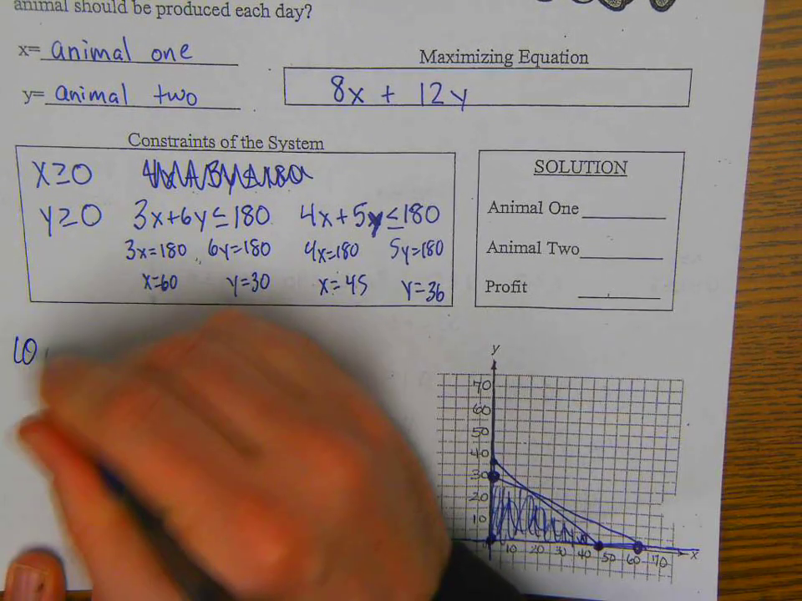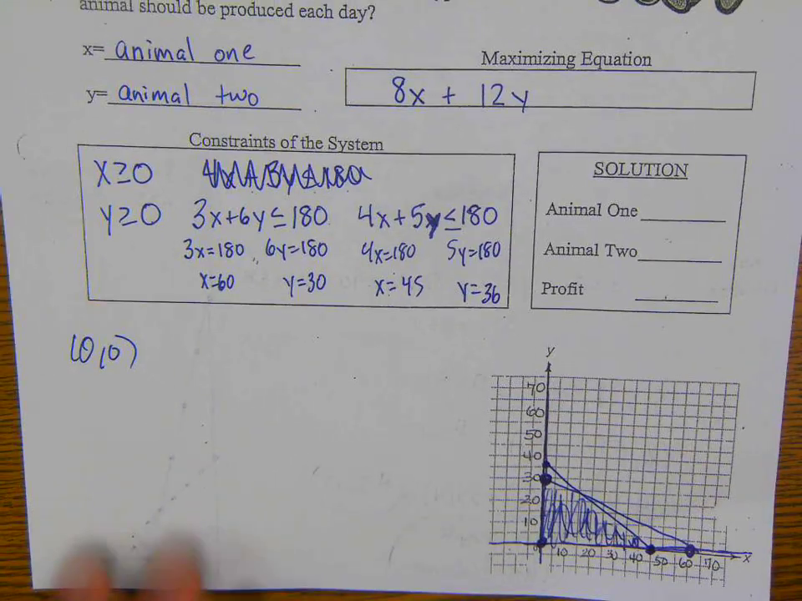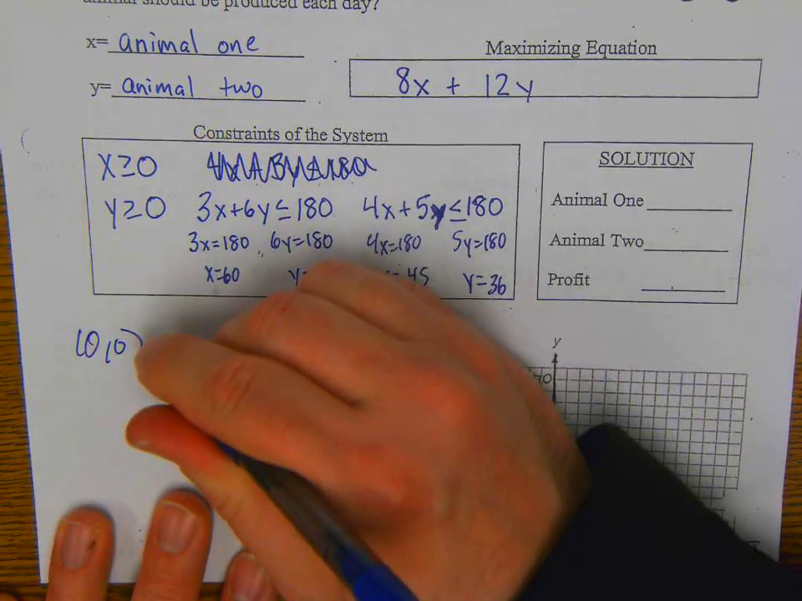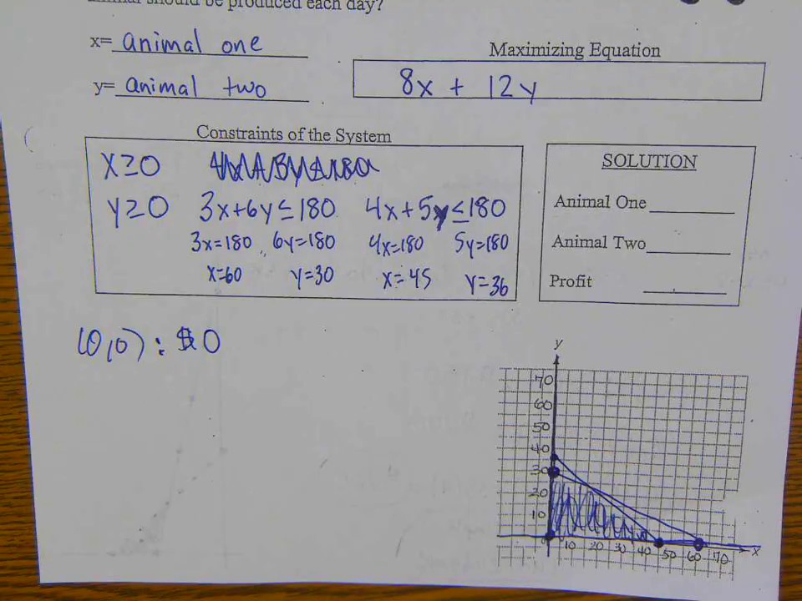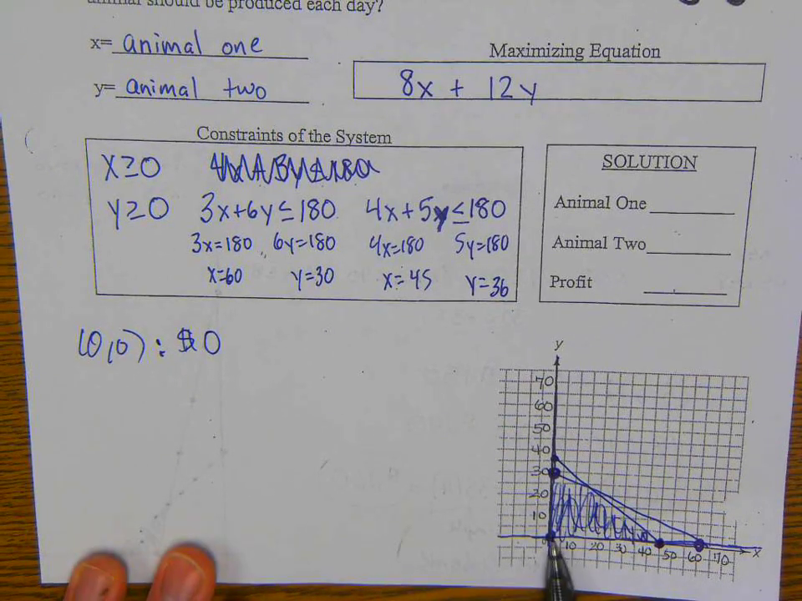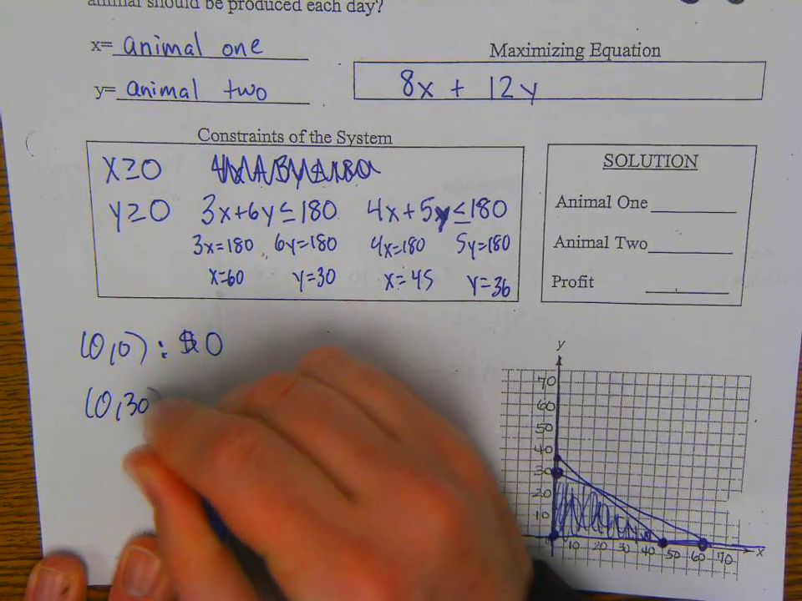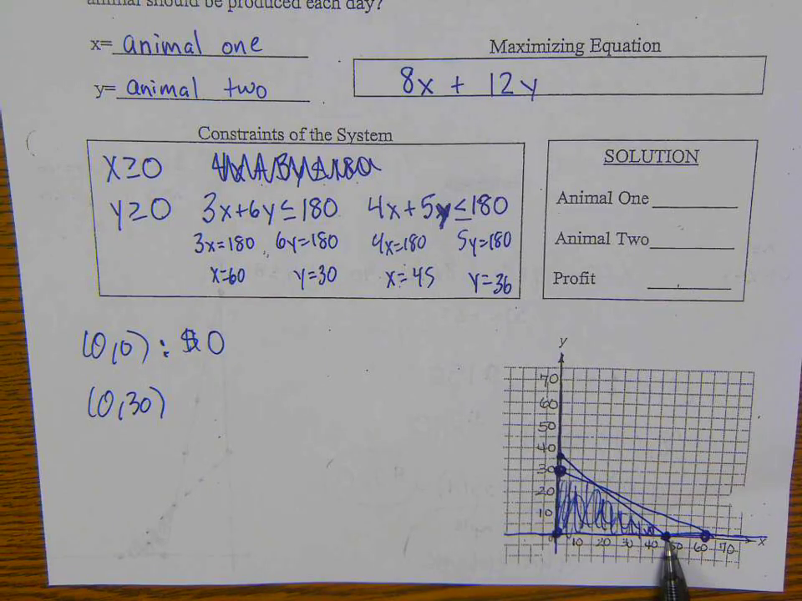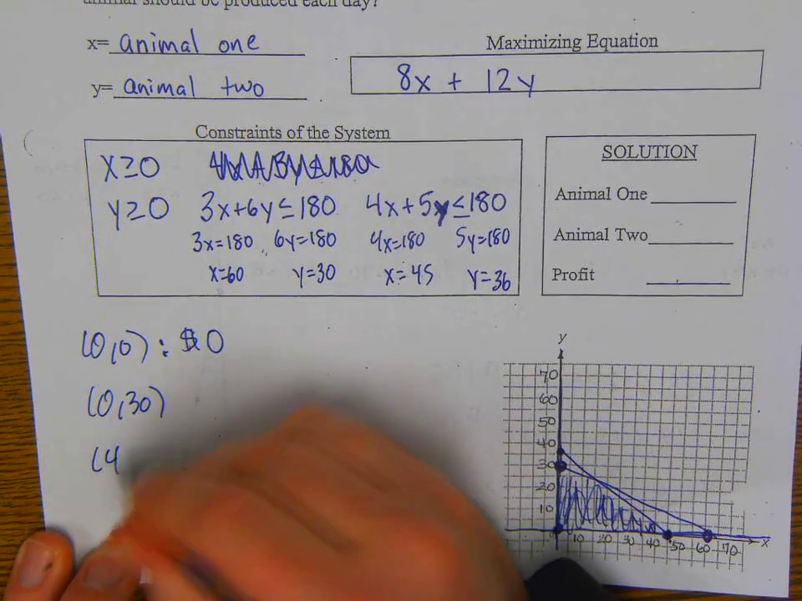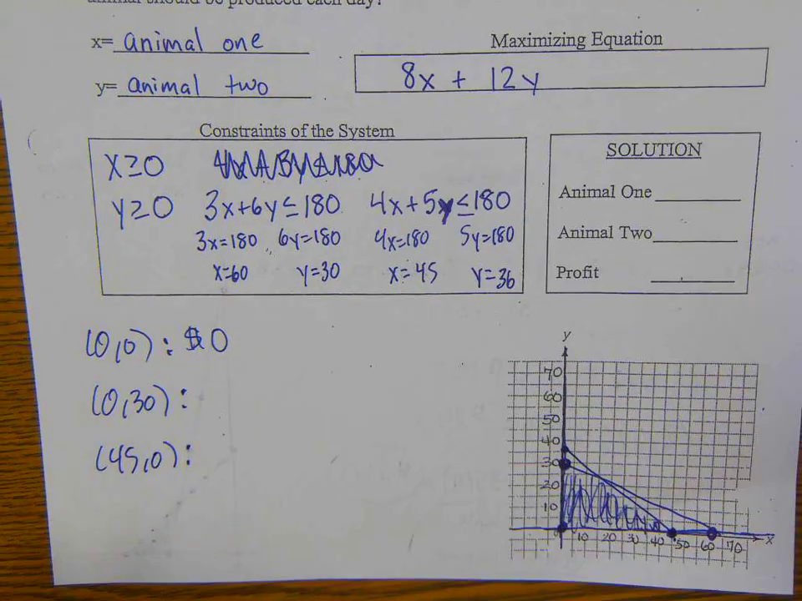Well, one of them's 0, 0. That's not going to be the answer. If they choose to make 0 of animal 1 and 0 of animal 2, they're going to make $0. That's not going to be the maximum profit. Another option is this point right here. That's 0, 30. Another option is this point right here. That's 45, 0. But the question is, what's that point there? We have to know what it is for sure. But I didn't graph it very accurately, so I don't know about you guys. If you have a good estimate as to